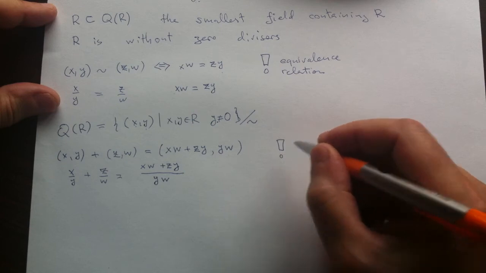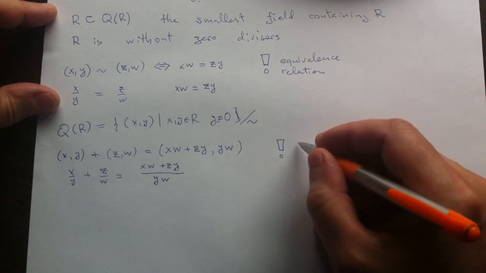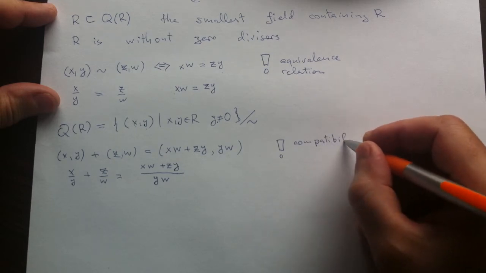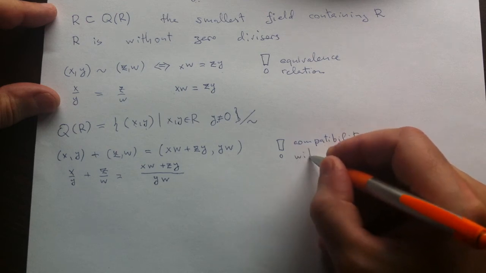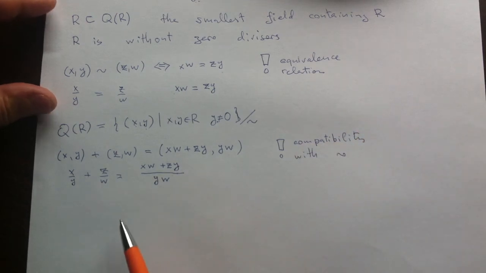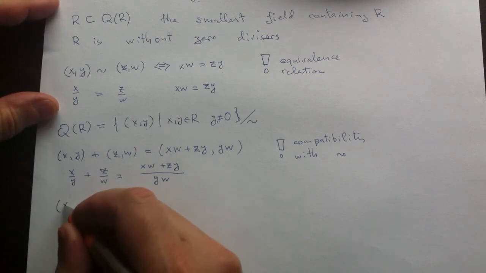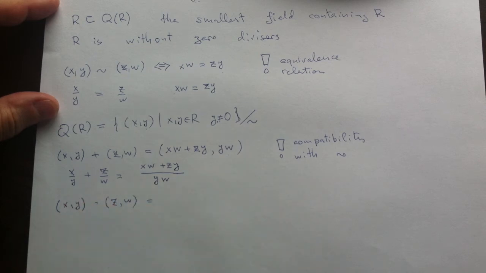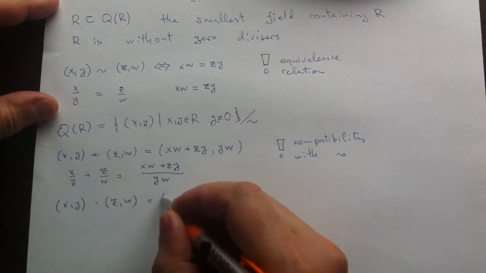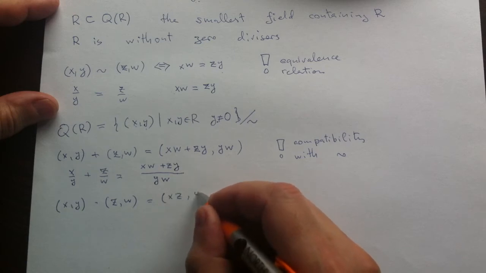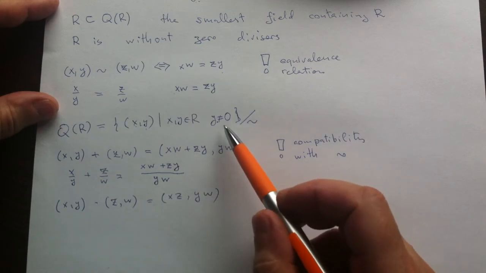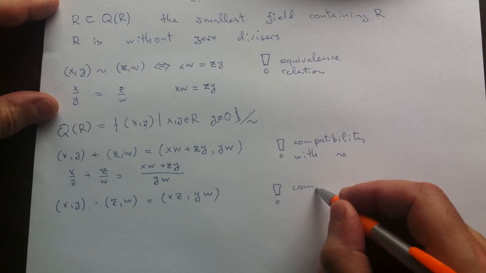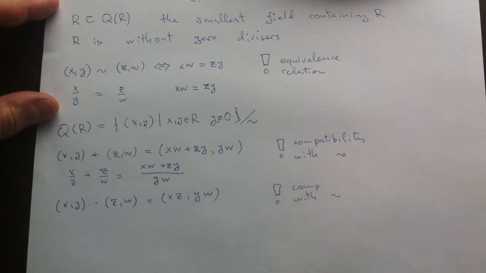So here is the next thing to check, the formal exercise: compatibility with the equivalence relation. So really it's an operation on equivalence classes. Similarly for the multiplication, even easier for multiplication, because when we multiply rational numbers, we just multiply numerators and denominators. And again, the condition that the denominators are non-zero is stable. On the same task, compatibility with the equivalence relation is to be